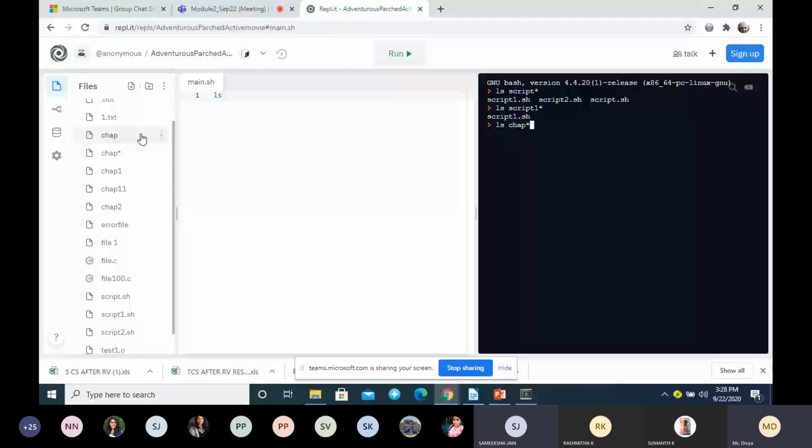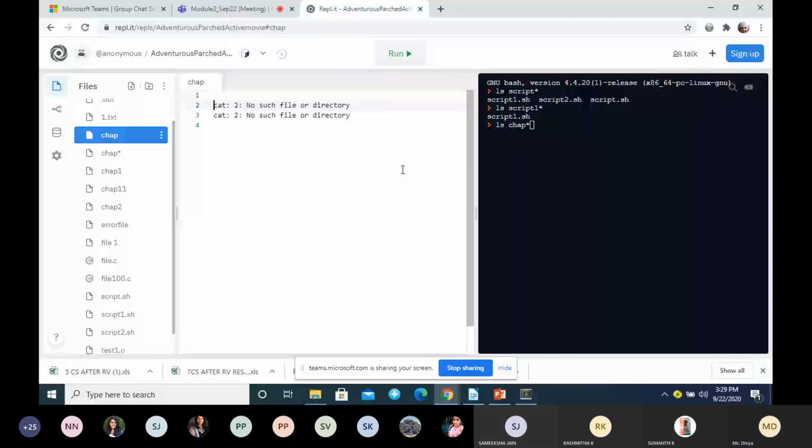Yes. It will list all these files. Okay, let us see. It is listing the first file CHAP, CHAP star, CHAP1, CHAP11, CHAP2. So it will list all the files which start with CHAP. After that, it can have 0 or more characters.